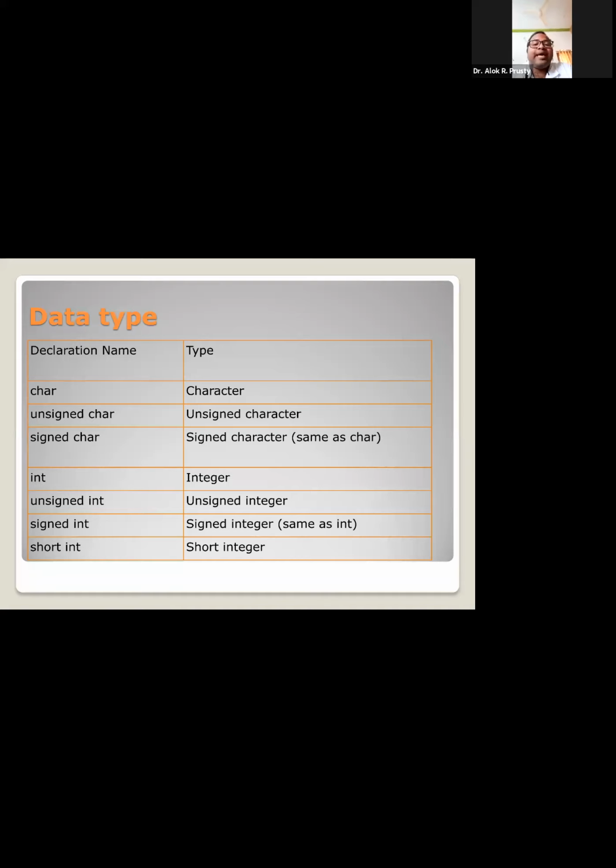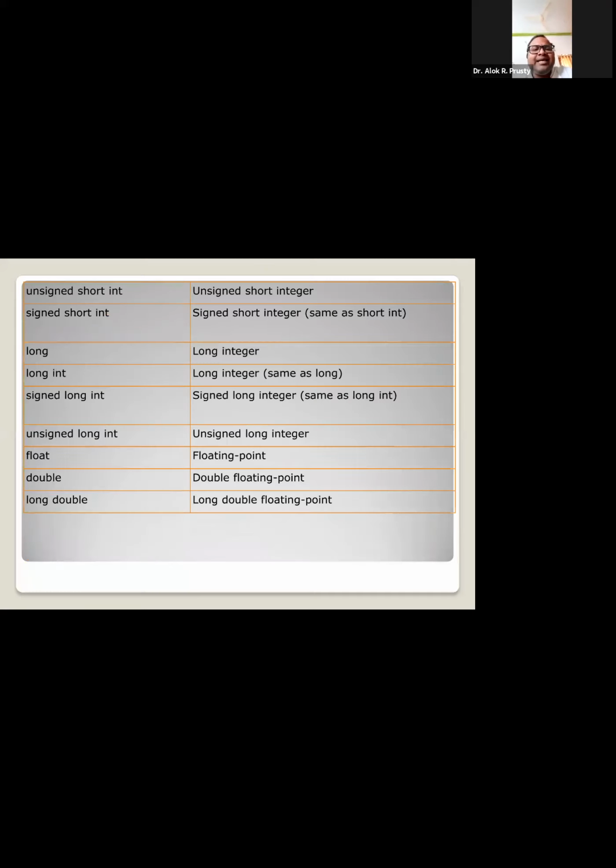Similarly, if I want to declare something signifying a signed character, a value with a negative sign, then I have to use signed character. In the case of integer also, I have unsigned integer and signed integer. Also, I have short integer and long integer. All these, signed, unsigned, short, long. Like you can find here, unsigned integer, signed short integer. Two things I have used. I have modified the integer with signed and short.